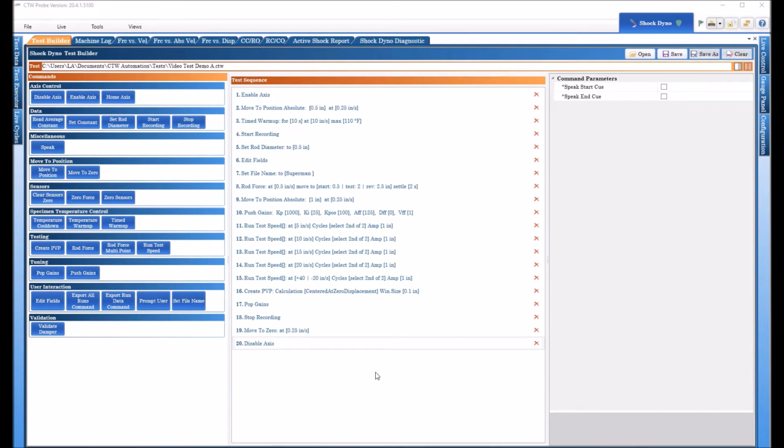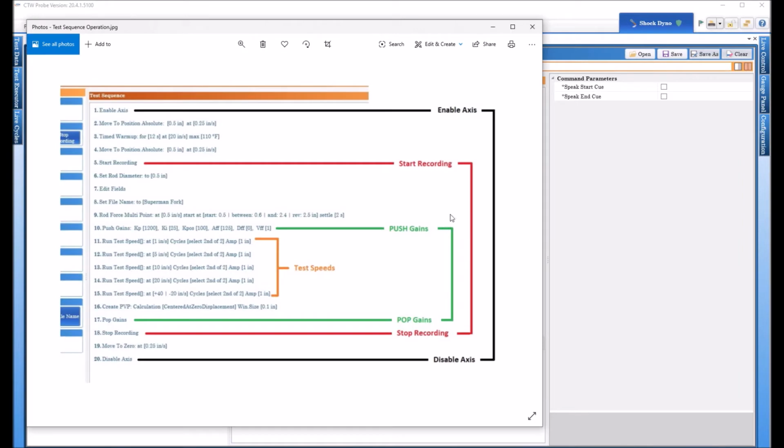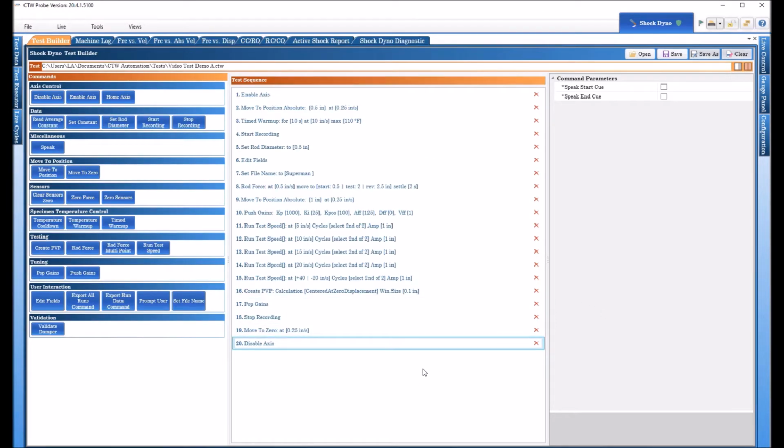Now in the first two videos we started with a very simple test. In the last video we added to that, keeping our same structure that we're always going to want to keep, and that structure was turn your axis on, turn it off, start recording, stop recording, a push gain or a performance gain, and a pop gain, a soft gain, and somewhere in here your actual speeds that you're going to run. Now this is the basic test, and we've expanded and added things that you don't have to have in order to complete a test, but they give you a lot more information that you can use in the future. Some of those are, as a rehash: